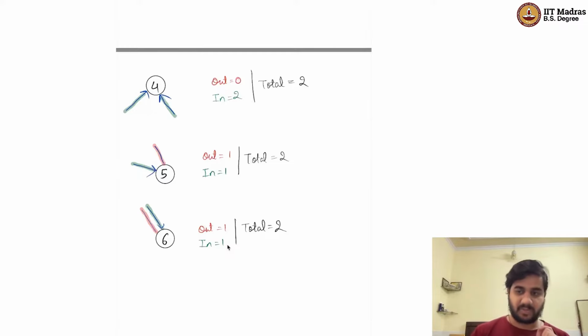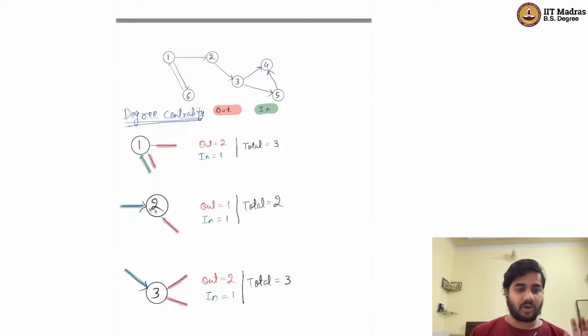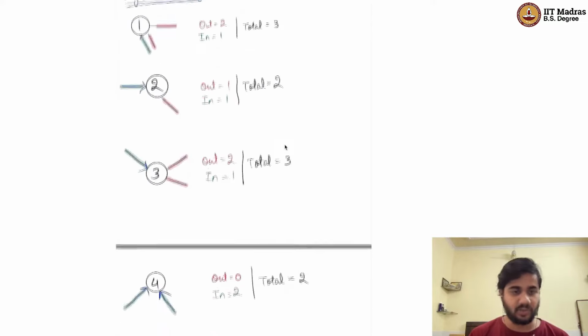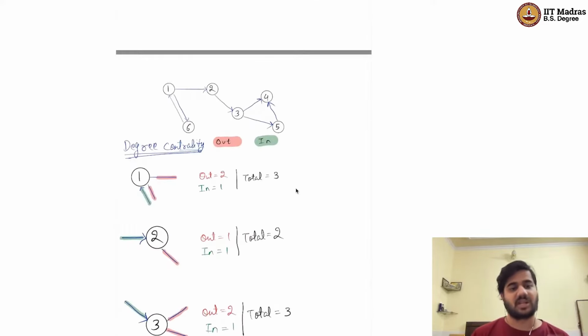There is an exception to be made here, which is that assuming this graph was undirected, all other nodes would be the same, but you would not need two edges between 1 and 6. There would be just one edge which you can go back and forth on because it's an undirected edge. In that case, these two edges would convert into 1 and the total degree would only remain 2. And in the case of 6, these two would also converge into 1 and the total degree would become 1. However, because this is a directed graph, we would have to